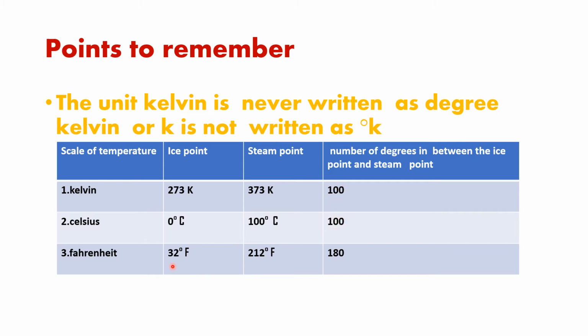But in case of Fahrenheit scale, it starts from 32 degree F, that is the ice point. The temperature of melting ice is 32 degree Fahrenheit and it goes up to 212 degree Fahrenheit. That is the temperature of boiling water. So this 100 degree Celsius is same as 212 degree Fahrenheit. So the divisions on this Fahrenheit scale is 180 divisions. So here what is 100 divisions is actually broken into more pieces, 180 divisions. So the divisions on Fahrenheit are smaller than that of Celsius and Kelvin.